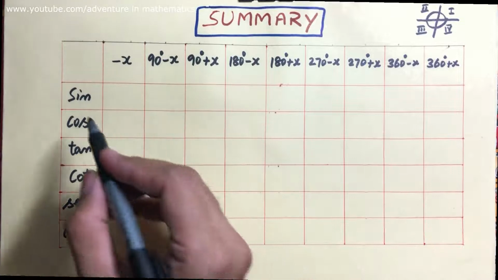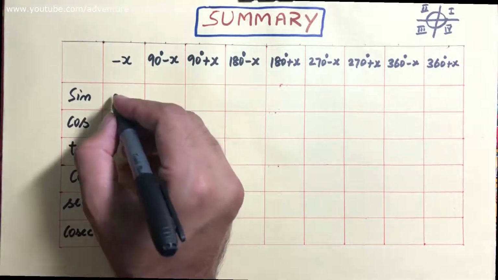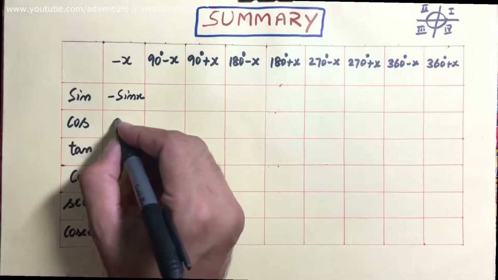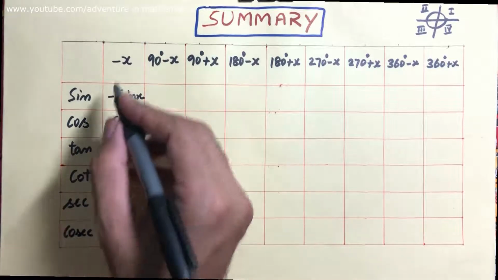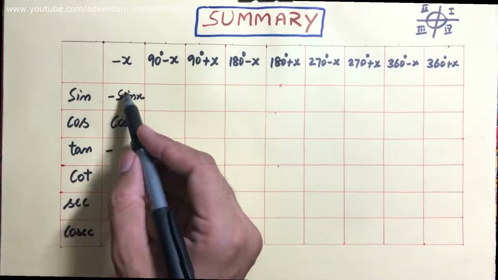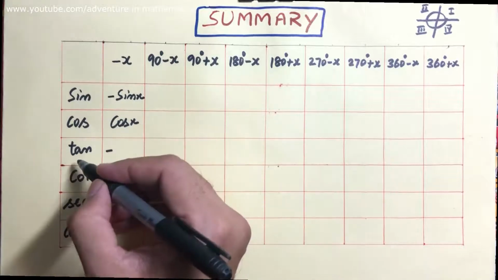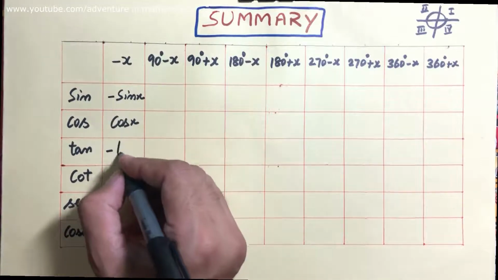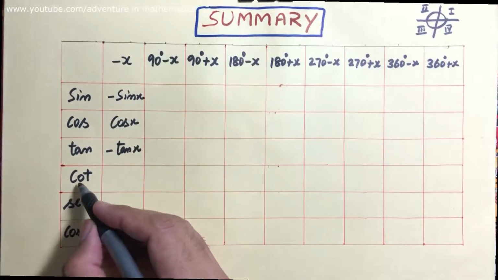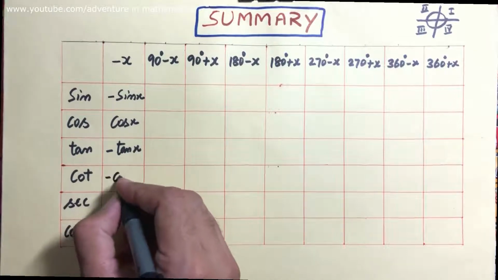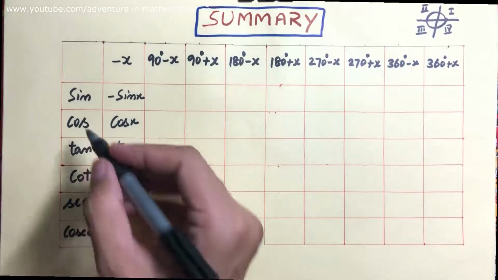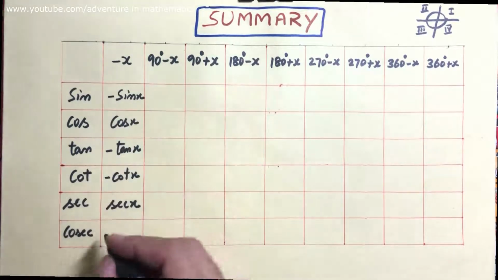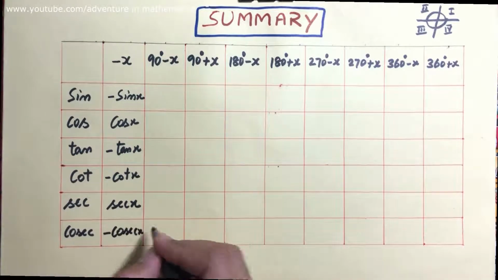So as you see, we already proved sine of minus x is minus sin x, cos of minus x is cos x, tan of minus x is, so if you know these two, you can easily write tan. Why? Because we know tan is sine divided by cos, and sine divided by cos is minus tan. And now reciprocal of tan is minus cot. Reciprocal of cos is secant x, and reciprocal of sine is minus cosecant x.